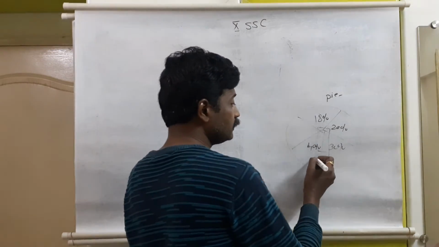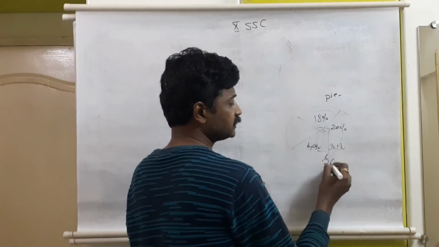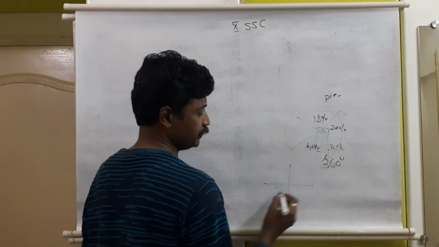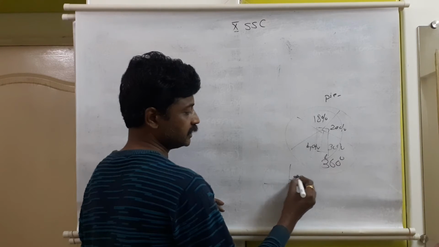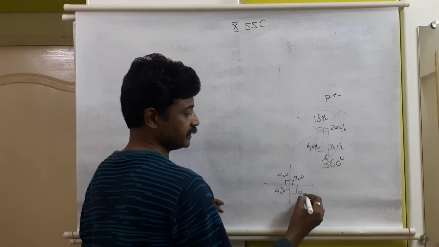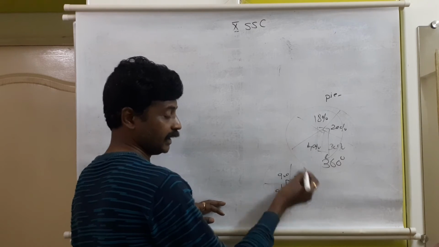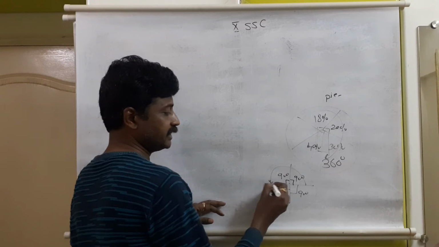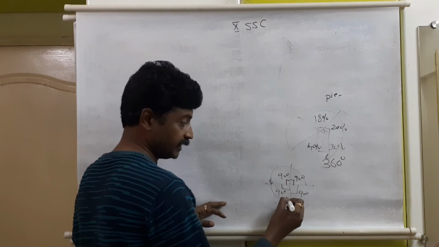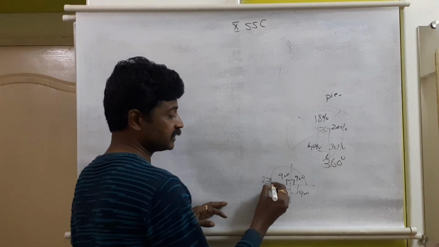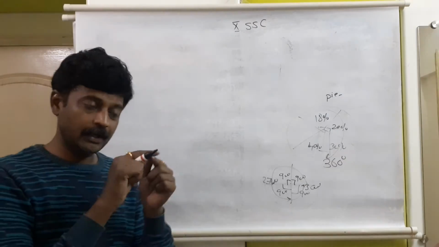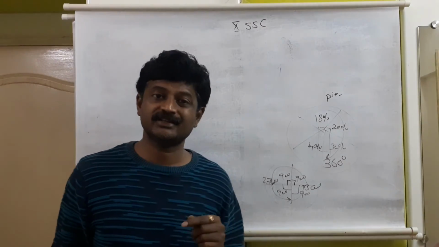Also, the angular measurement of a circle is 360 degree. See, as we know, if this is the circle, it will divide into 4 equal parts. This is 90 degree, next 90 degree, next 90 degree, and the last 90 degree. If we start here anti-clockwise, 90 degree plus 90 degree, this is semicircle, that is 180 degree. Let us continue with 180 plus third half, 270 degree, and then it will get complete at 360 degree. So angular measurement of a full circle is 360 degree.